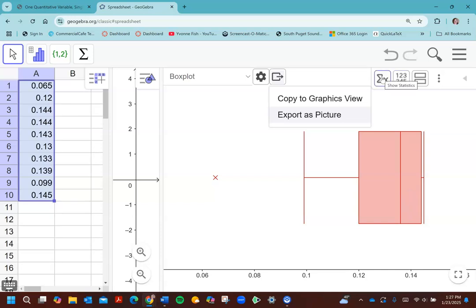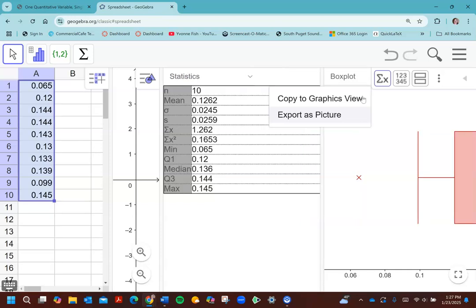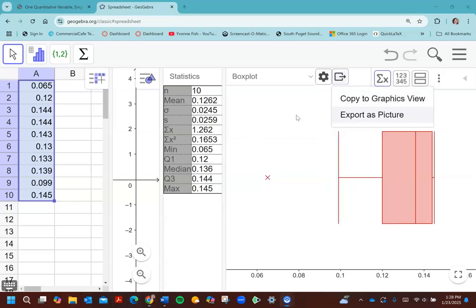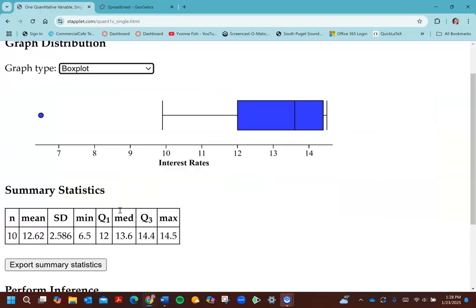If we need to get our statistics, we're going to hit this Sigma X, and then we can see all our data here. And remember, these are in decimal. You would just convert to percentage if you were writing it out, however you want to do that. So now you could take either one of these. You could export this as a picture and save it and that kind of thing, or just use a snip and sketch. But I'm going to actually go back over to the